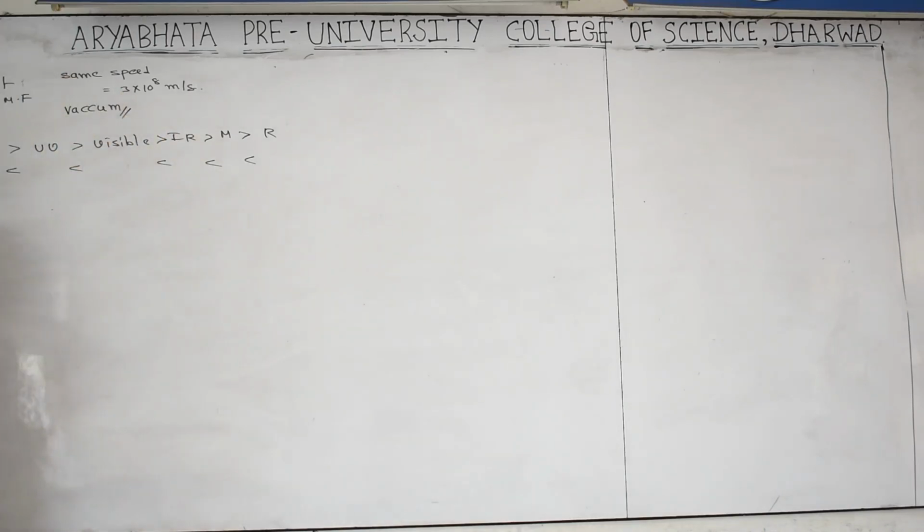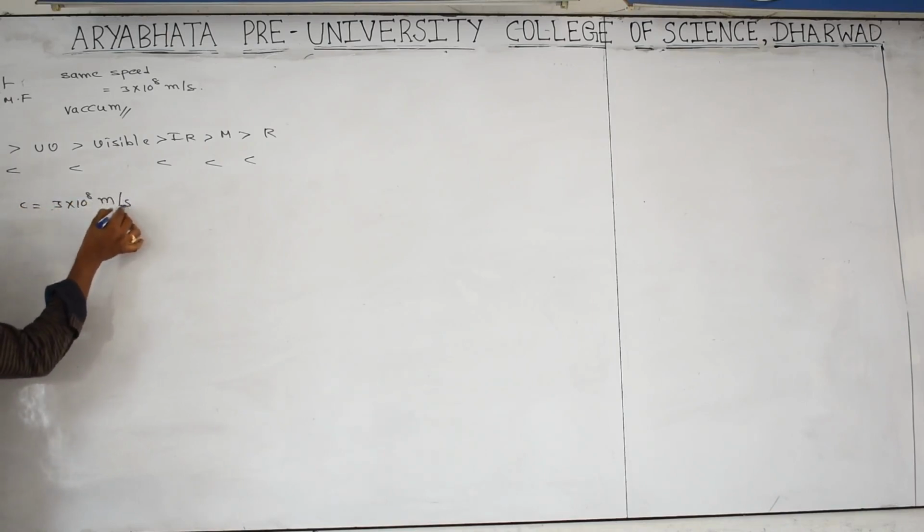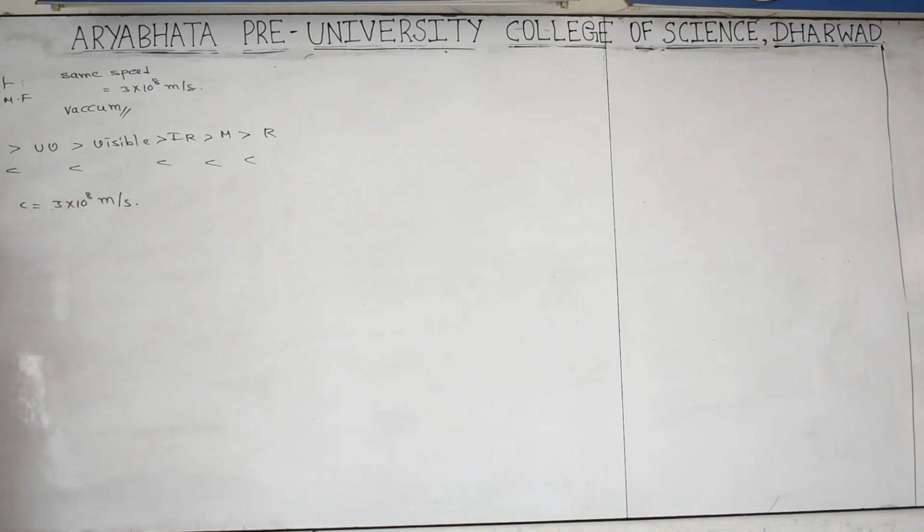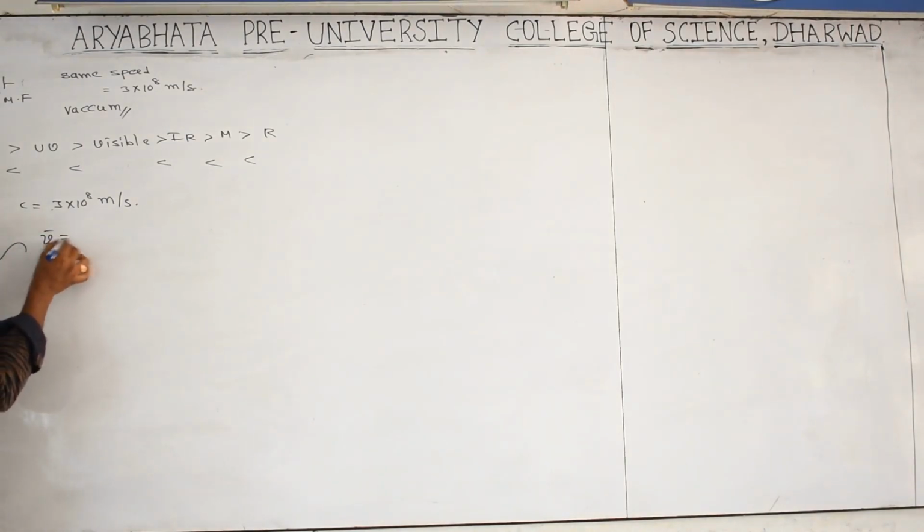And we know so many important formulas here. Frequency nu is equal to c by lambda. C means the speed of light, 3 into 10 to the power of 8 meters per second. And lambda means, in a wave, the distance between two crest points or two trough points, which is always equal, called the wavelength. And wave number, nu bar, is equal to 1 by lambda. These are all important formulas.